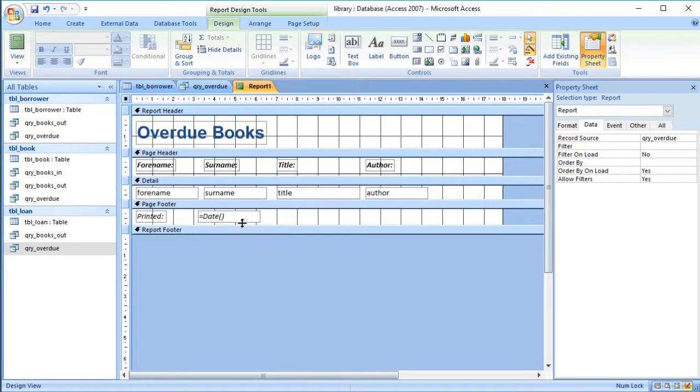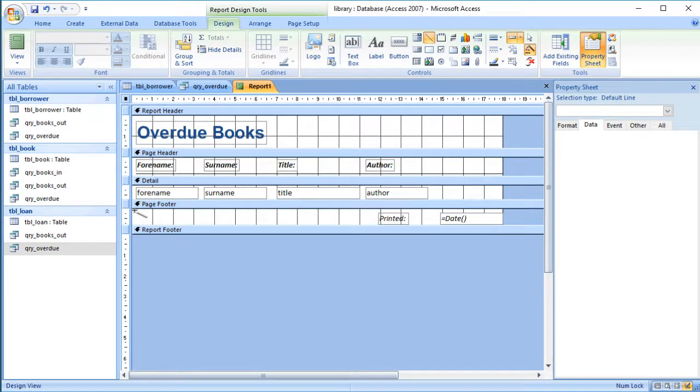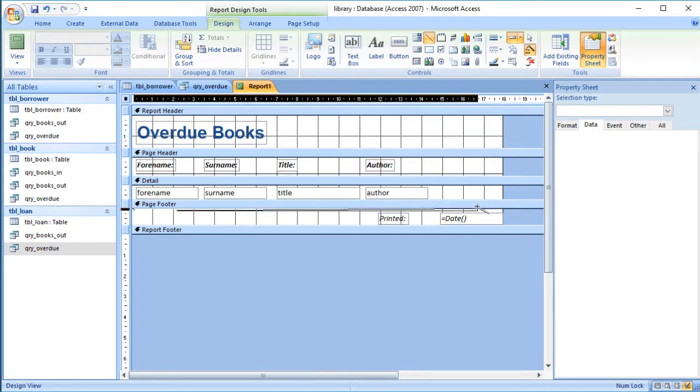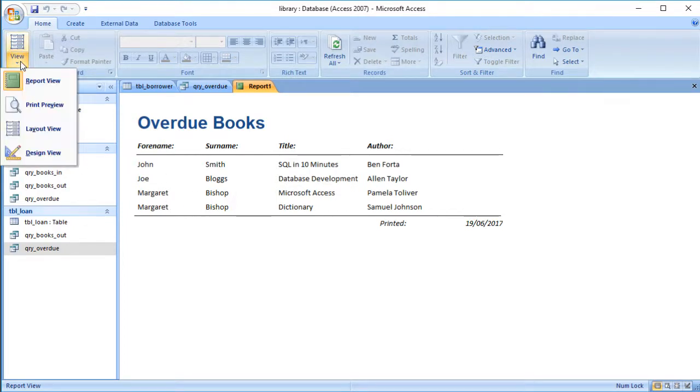So I'm going to move that over there, and I'm going to put another line here, and that will separate out the data from the header and the footer. So if I view that now, there we go, that looks a little bit better. What we notice here though is actually Margaret Bishop has got 2 books out. So if we were going to use this, for example, to phone these people up,